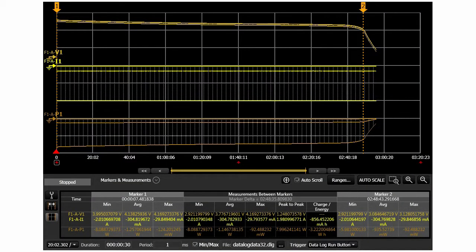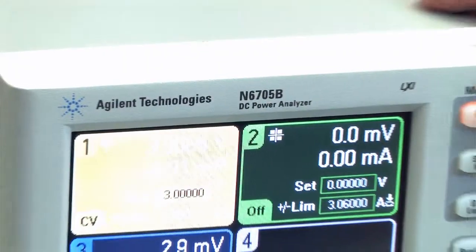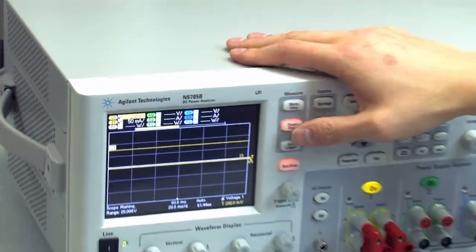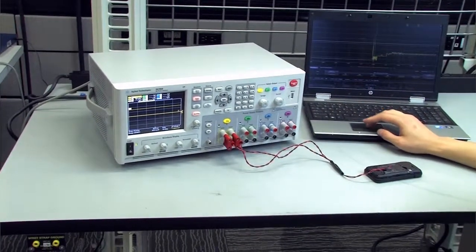Here are the display results for a rechargeable lithium-ion battery rated for 1 amp hour and 3.6 watt hour. These capacity and energy values are automatically calculated and displayed over the time period defined by the start and stop markers. Notice that the measured values for battery capacity and energy were slightly less for a pulsed current load than for an equivalent constant current load. As you can see, validating the battery under end-use loading conditions is a key part of determining the realistic runtime